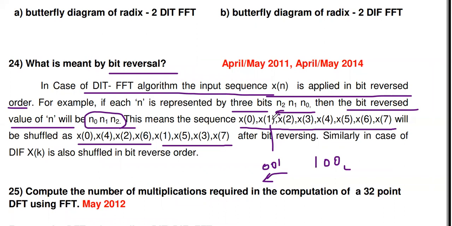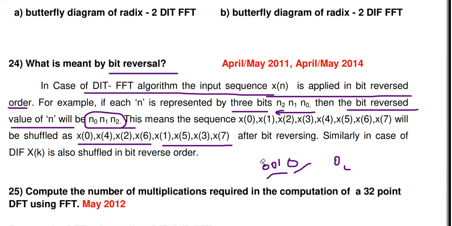So you have to read the index value in reverse. When we write the index value in reverse, we get one number, and that number we have to give. This is called bit reversing. So for x of 1, the bit reversed is x of 4. For x of 2: if you write 2 in binary, we get 0, 1, 0, and if you reverse it also, we get 0, 1, 0. So it is the same, x of 2. Similarly, x of 3, if we bit reverse, we get x of 6. Similarly, we can do the rest. So this is said to be bit reversal.